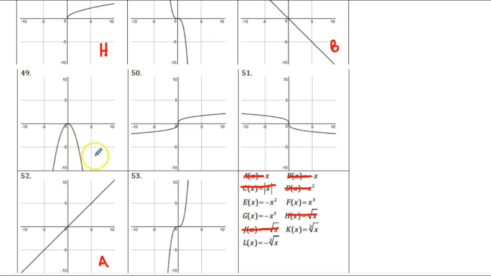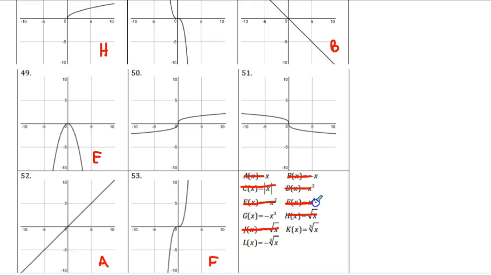Here is our parabola that's turned upside down, so this one's e, y equals -x squared, or e of x here equals -x squared. So I'm left with cubes and cube roots. I know if we have 2 cubed, we have 8, and I can see at this point looks like it would be going through the point 2, 8. So this is equation f,